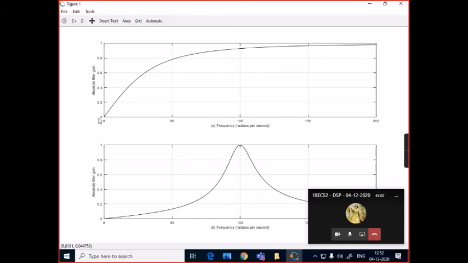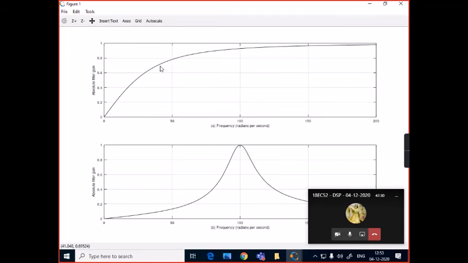Does this seem like a magnitude response of a high pass filter? Yes, sir. Now, the cutoff frequency is somewhere around here, that is 40 radians per second.